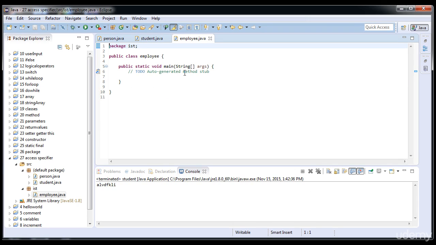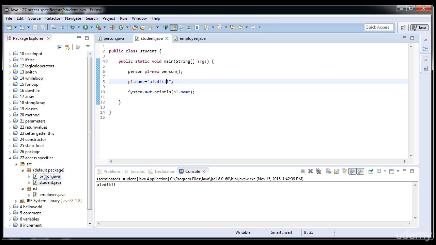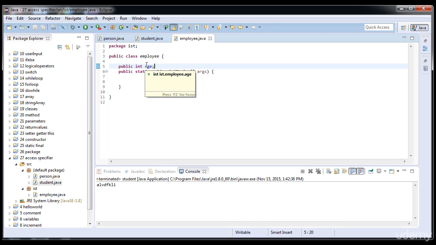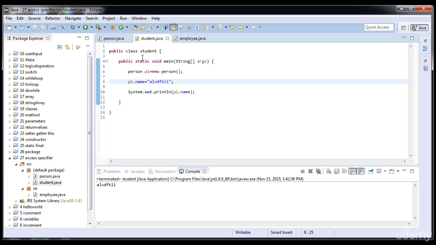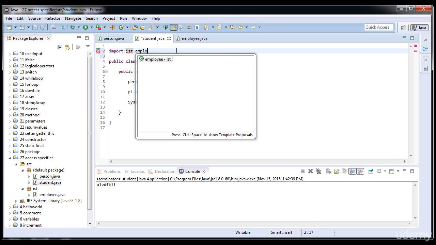So now this is the employee class. Here I'm gonna create another variable, public int age. This class is in a different package whose name is first, and the student.java is in a different package whose name is default package. So now I'm gonna access the data member age in the student class. First of all, we need to write import, and then the package name is first, then the class name is employee,